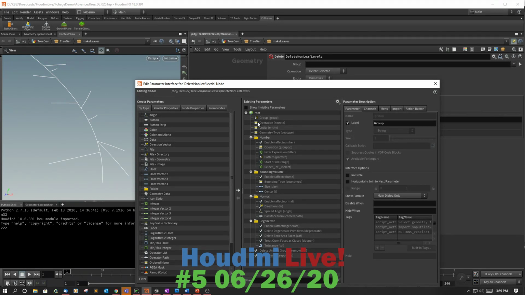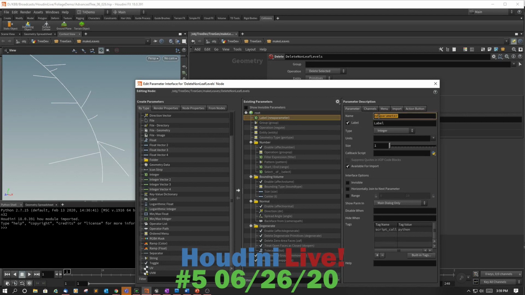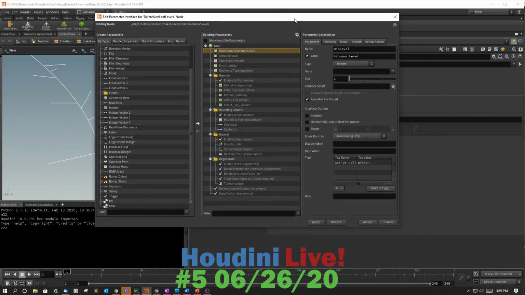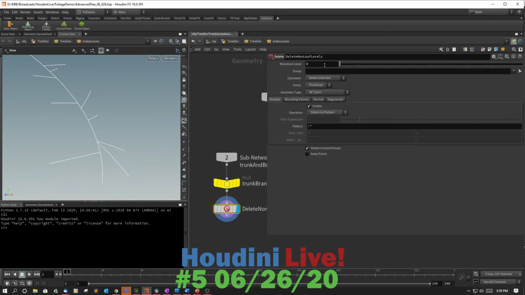What we're going to do here is grab an integer and put it right at the top here. And then we're going to call that min level. We'll call that minimum level, and we're going to leave that at 0. All right, click accept. And you see it created it there. So this will tell us the minimum level at which we want to start seeing branches. So we're going to say min level equals